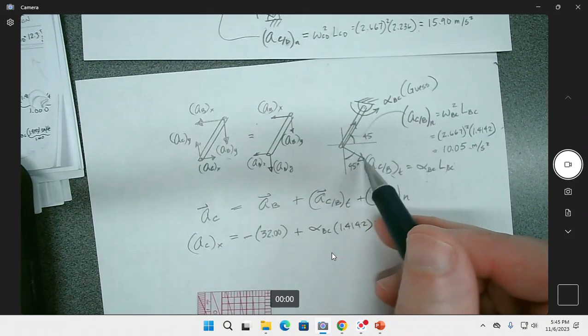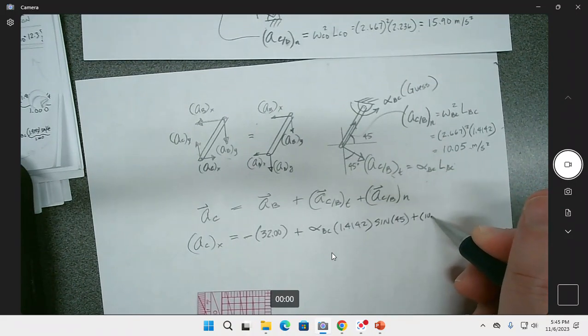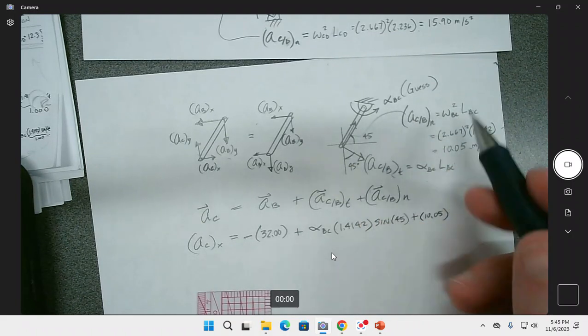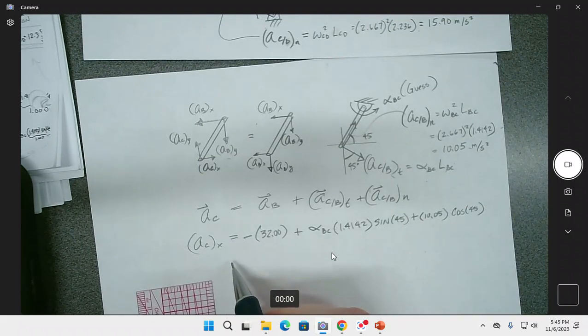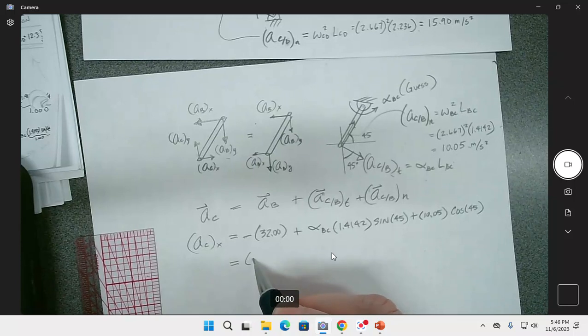People forget that all the time, to put the angle next to the sine or cosine of the angle. And this one I've written this way, so I'm using sine for that, which is at least correct up to the diagram. And then this is also positive, and that's going to be 10.05 of this part right here, and it's going to be the cosine of 45. So it wouldn't hurt us to go ahead and find out what these values are. 45 times cosine, and that's positive, so we get 32 subtracted out. So we're going to have a negative